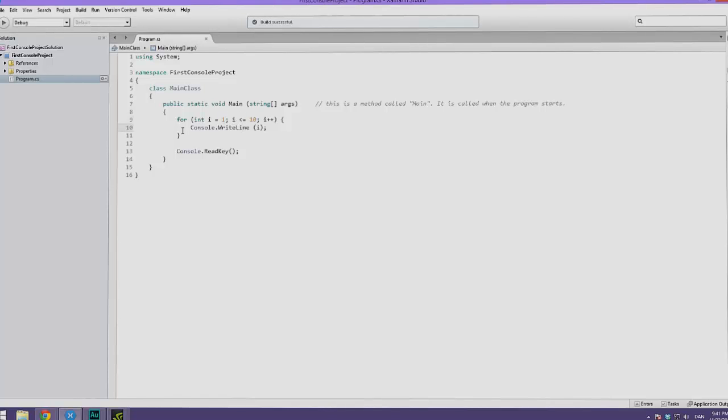Then we are saying that we want to do whatever's inside these brackets as long as this condition is met. So as long as I is less than or equal to 10, we want to execute this line here. And then right here is what is called the increment or decrement stage. This is where we put in what we want to happen with I after the loop has gone through. So after we've written out the line, it will then increment, which means add on just 1 to the I